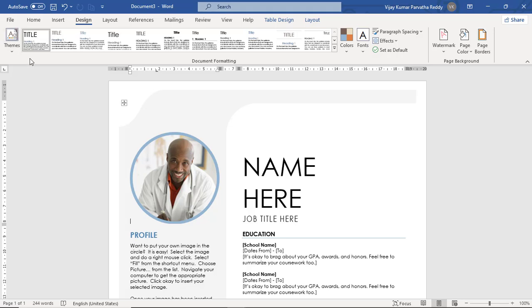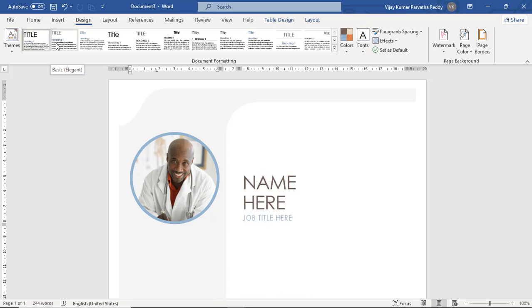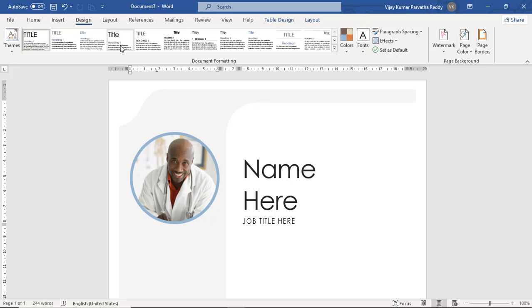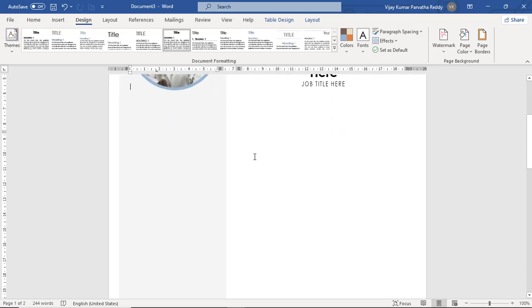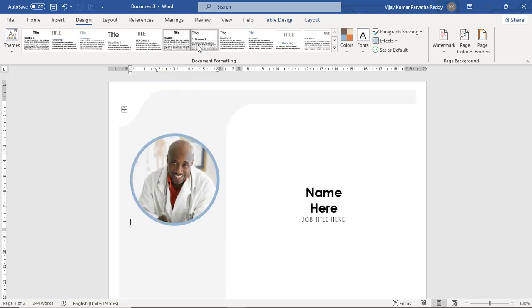I am going to apply different styles. See, there are different styles available. You can select the styles. Automatically the entire document will take effect according to the style.